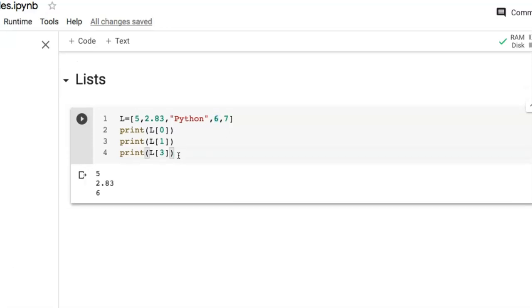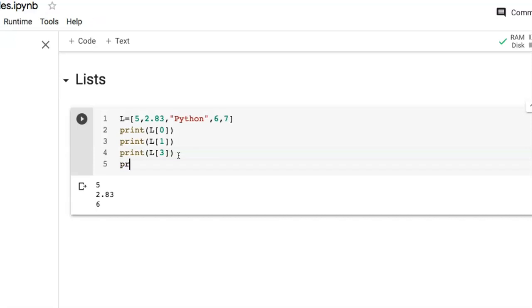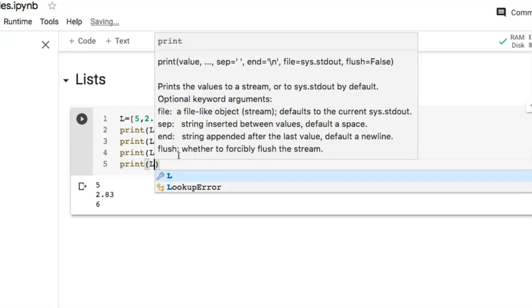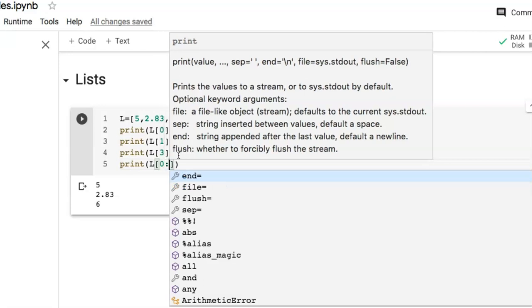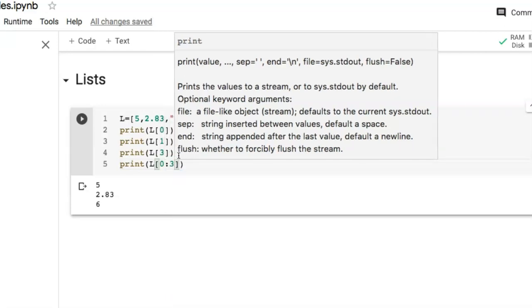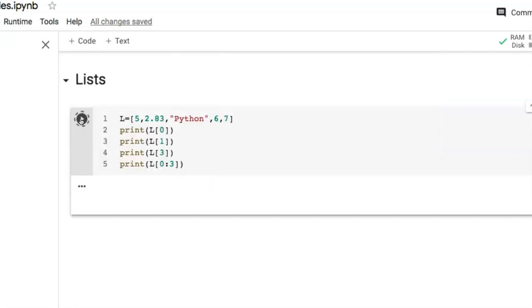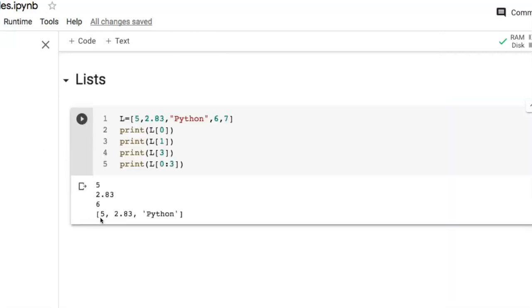Now see list slicing. Write print list, then inside 0:3. So this will give the values start from 0. So we'll have value 5, 2.83, and Python.